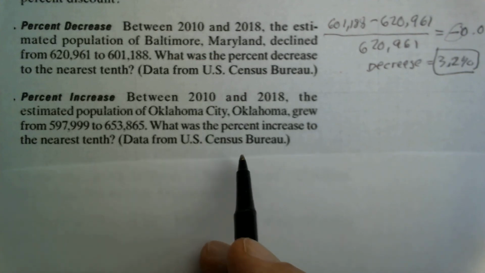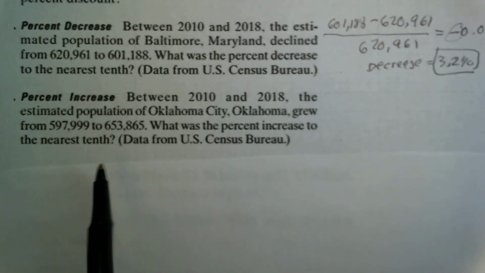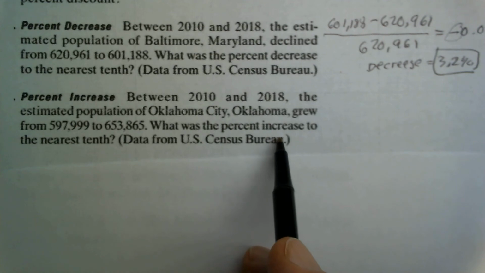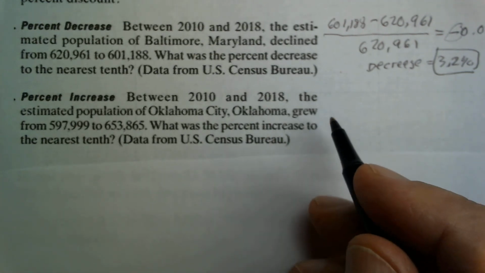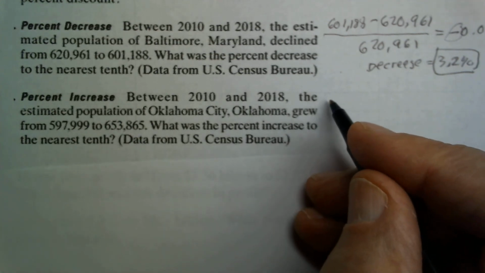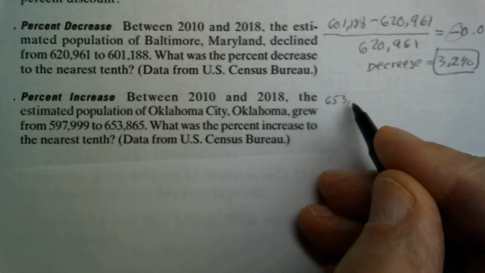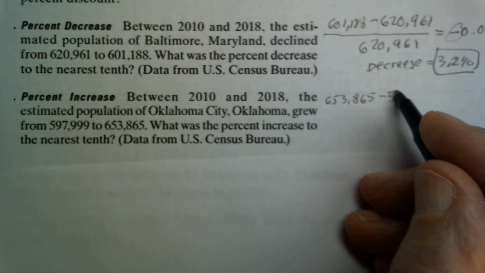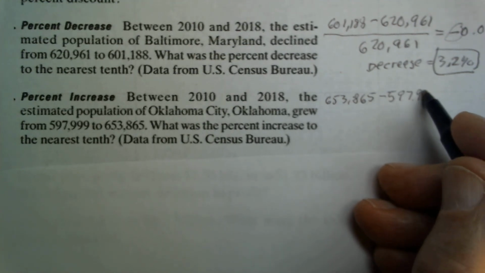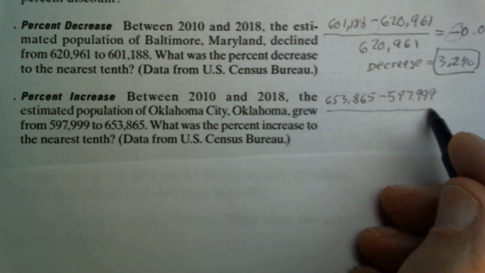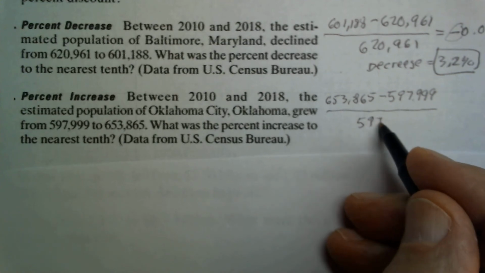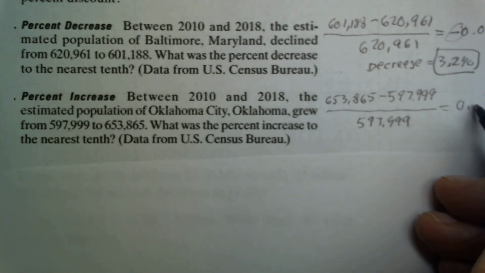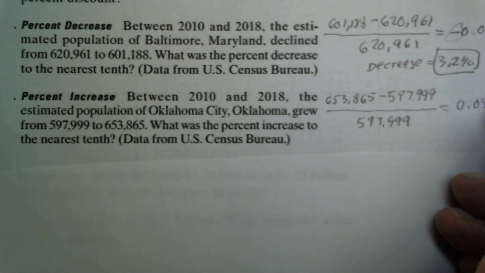In the same time period, the estimated population of Oklahoma City, Oklahoma grew from 597,999 to 653,865. What was the percent increase to the nearest tenth? So the new number is 653,865, and the old number, the previous number, is 597,999. Divided by 597,999, and that ratio is equal to 0.093234,